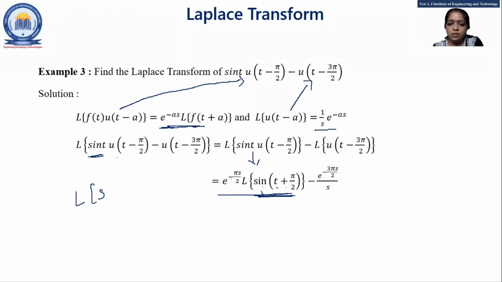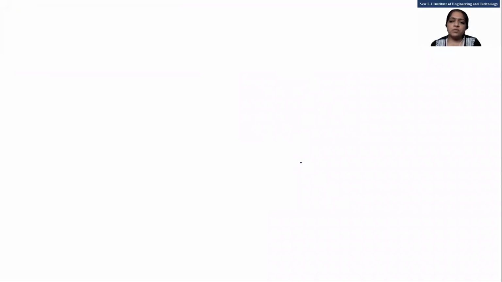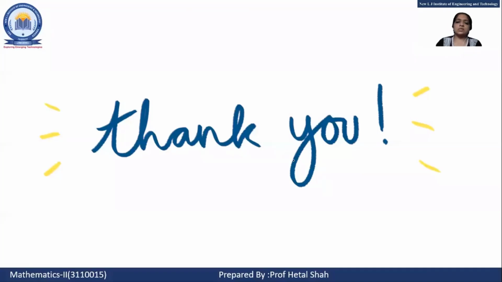Now what to do in the first term? Sin t plus pi by 2. Sin pi by 2 plus t is what, student? Sin pi by 2 plus t is cos t. So this is Laplace of cos t. And the Laplace of cos t is s upon s square plus 1. Yes, yes, Mahiri, you are right. Right? So this is e raised to minus pi s by 2 s upon s square plus 1. So this is the Laplace transform of unit step function, students. If you have any query, you may ask. Otherwise, you may leave today's session. Okay.